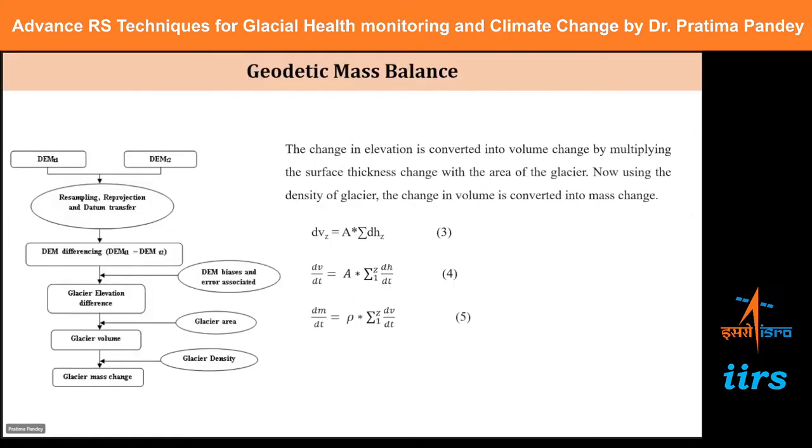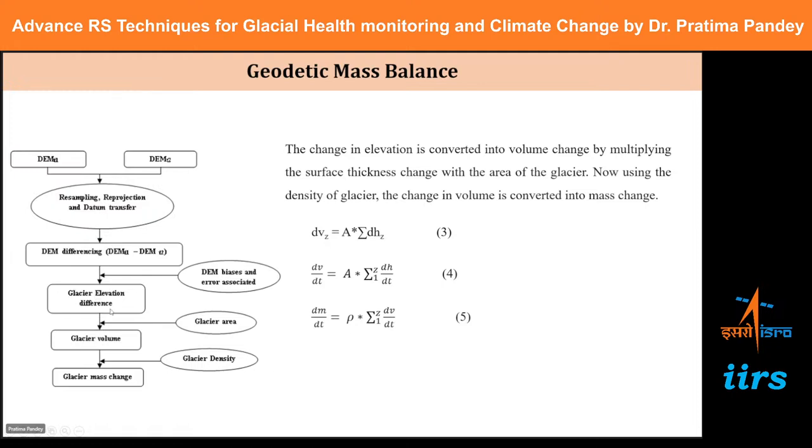So we have an alternative in terms of remote sensing. Using remote sensing data, we can measure the mass balance, or rather the change in mass balance. In that, we use a digital elevation model, DEM. The DEM gives us the surface elevation information. So if we have surface elevation information for one year and elevation information for another year, we do the differencing with some bias correction and we find the change in the elevation.